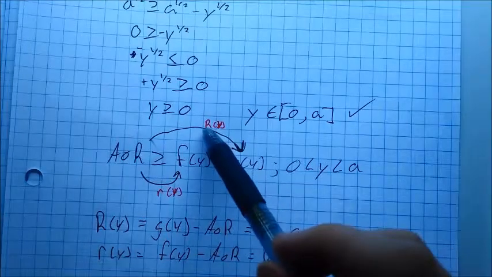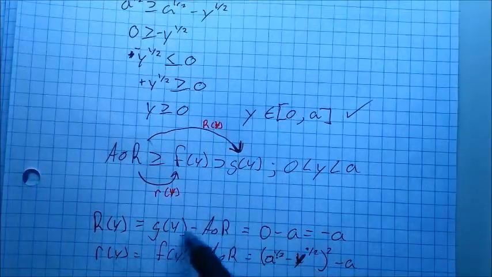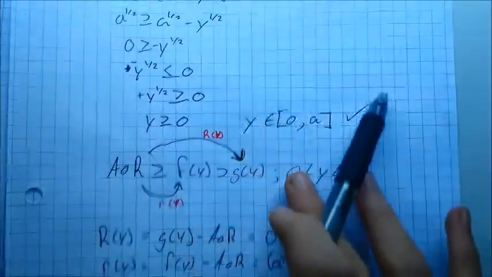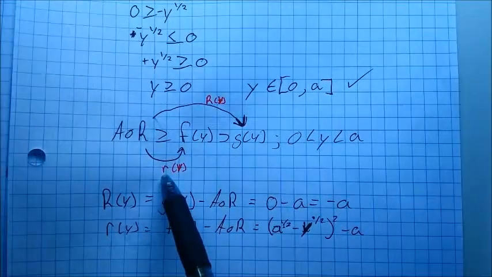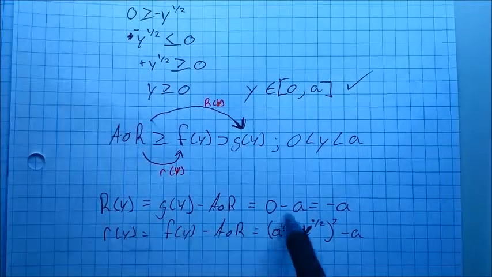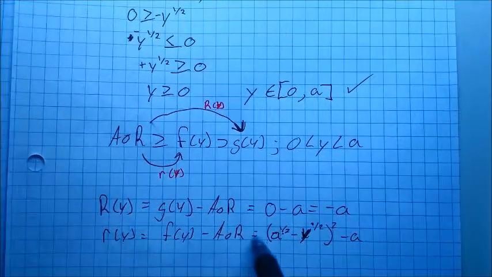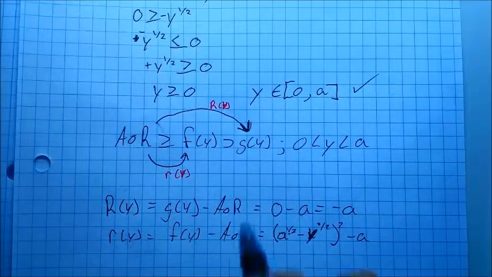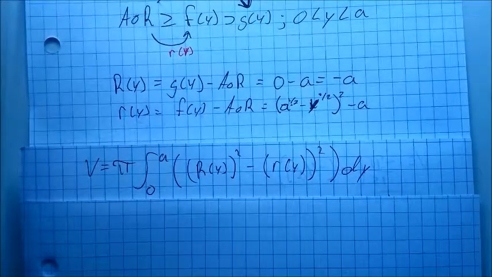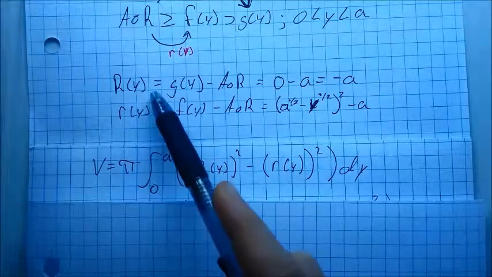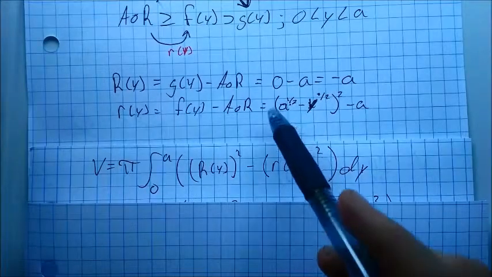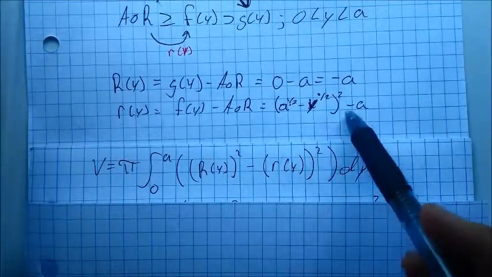So here we can say capital R of y is g of y minus this AOR value. So this is just, again, minus a when I'm saying AOR here. And our lowercase r of y is just f of y minus a. So capital R simplifies to negative a, and lowercase r simplifies to this craziness. And we can work with this with the disk method formula. So using what we just found with this capital R of y being equal to negative a, and this lowercase r of y being equal to our a to the 1/2 minus y to the 1/2 squared minus a, then